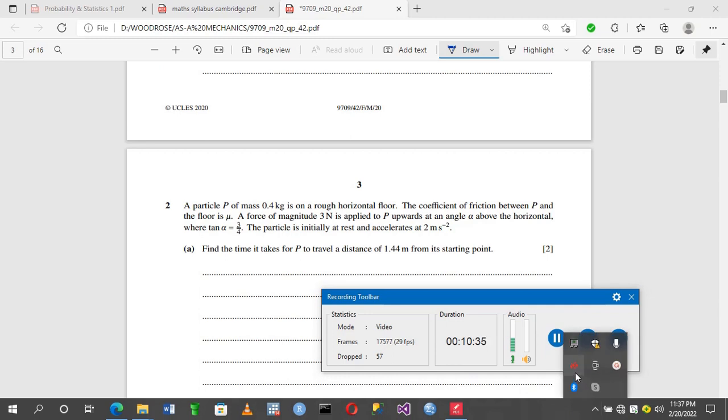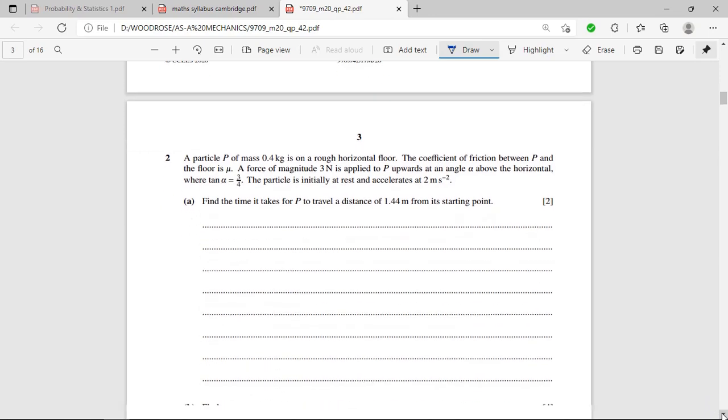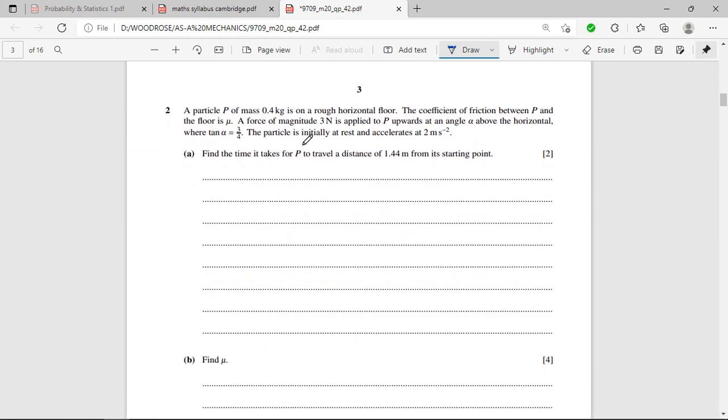On number 2 here, the question is saying a particle P of mass 0.4 kg is on a rough horizontal floor. So sometimes when answering this question, you have to draw just a sketch and see if you are coming up with sense. We have a particle P, right? This is our particle P, and it's of mass 0.4